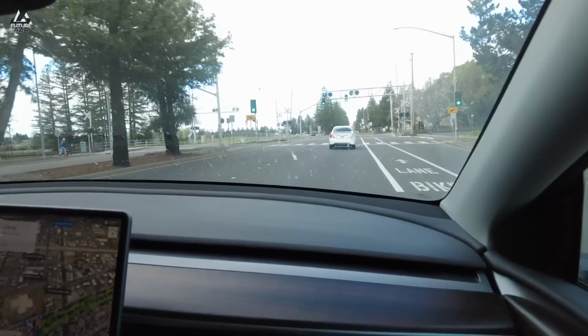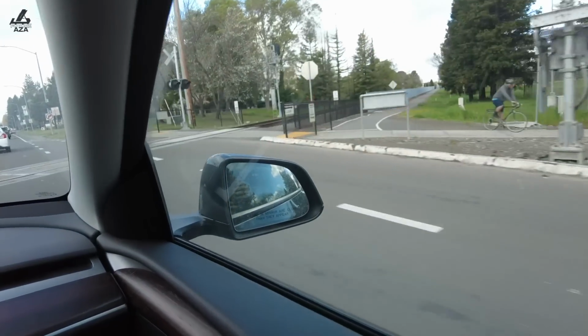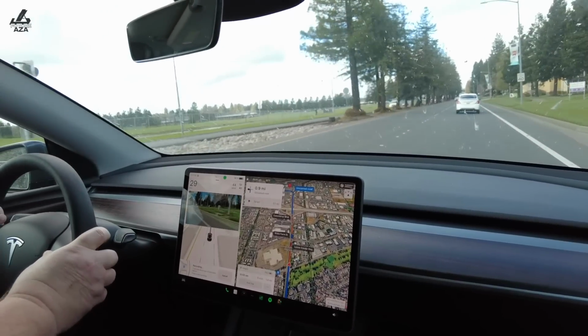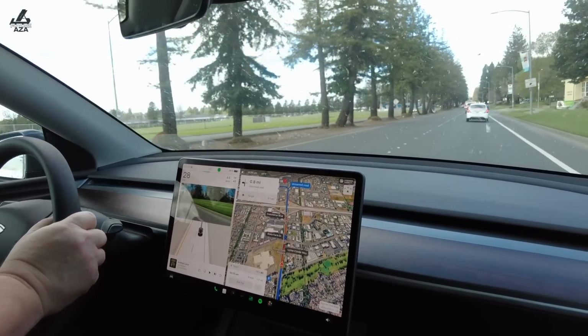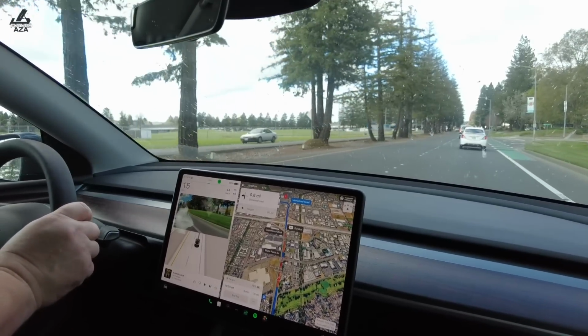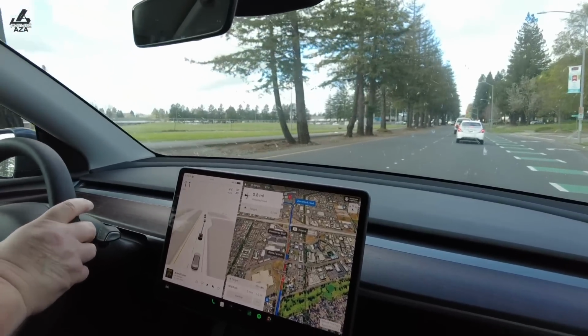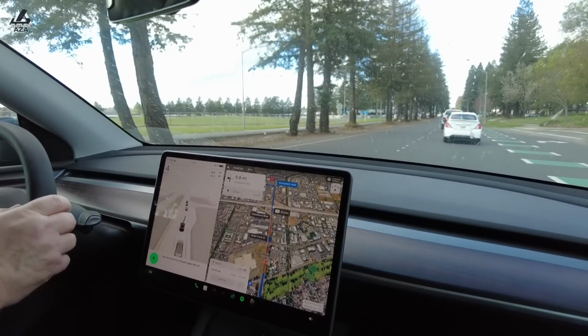Whoa, whoa, whoa. Okay, so it was going to get into a not lane. We were exiting a lane there that we were not supposed to be exiting. I don't know where the hell it was going. Turn lane was there, and it would have ended up at the back of the firehouse behind the library, from what I can tell. Turn the blinker off. Yeah, I should try that, huh? Go ahead and put it back. There we go. And now we're back in autopilot again. Well, not quite yet, because I had my foot on the...